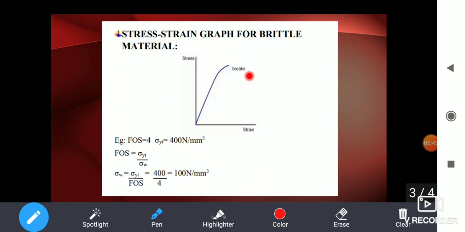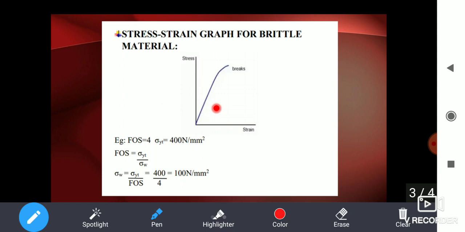Now we'll be seeing another example of a stress strain graph, for a brittle material. Same as before, the y-axis is stress and the x-axis is strain. In this region, it is approximately a proportional limit. The proportional limit means the stress is directly proportional to strain. But in brittle material, the behavior is such that we cannot say the stress will be directly proportional to strain. We cannot say that if stress increases, the strain will increase or not. We can't predict that. So when we cross this particular region,